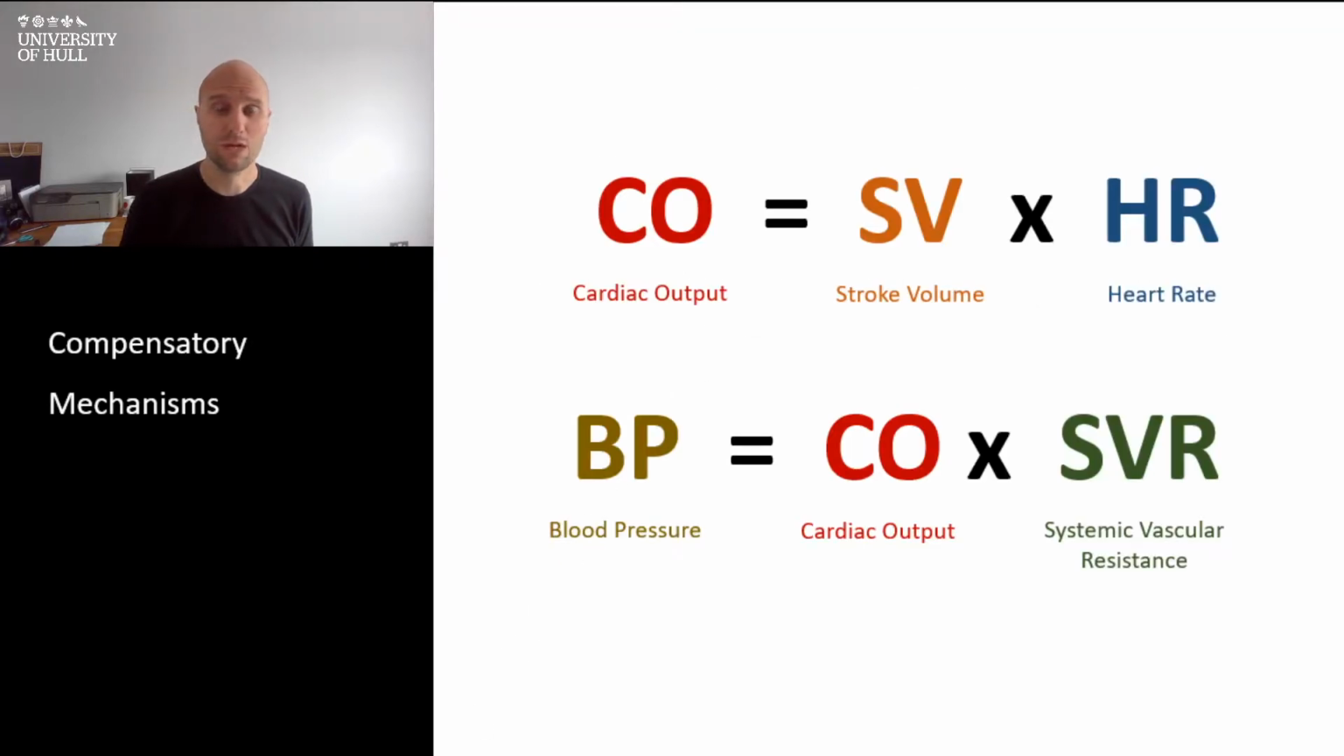We have previously talked about the relationship between cardiac output, which is the volume of blood that is ejected from the left ventricle every minute, and that's related to the stroke volume, so that's how much is ejected with each contraction, and the heart rate, which is beats per minute. And similarly, there's a relationship between the blood pressure, that cardiac output, and the systemic vascular resistance, which is the tone of the smooth muscle within the blood vessels, mainly the arterioles of the body,